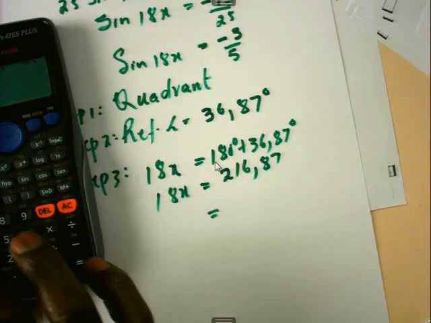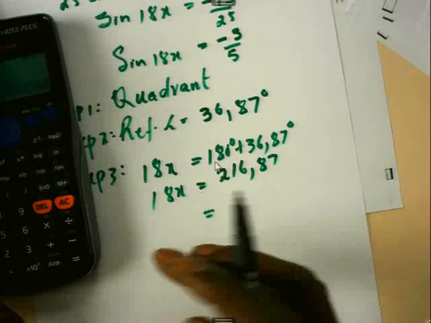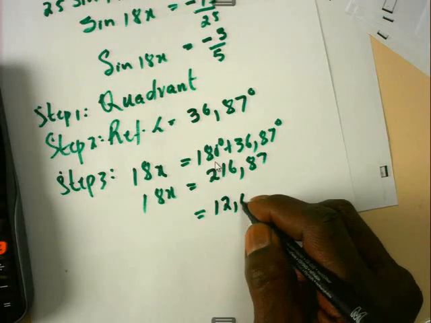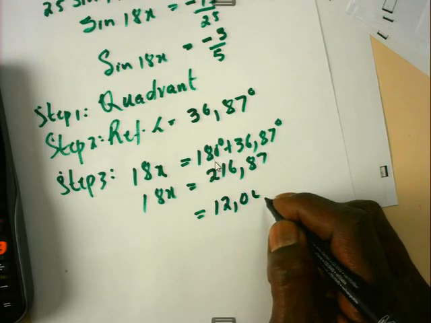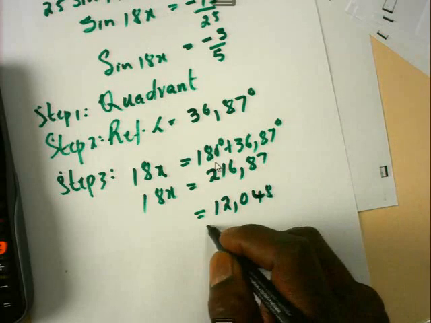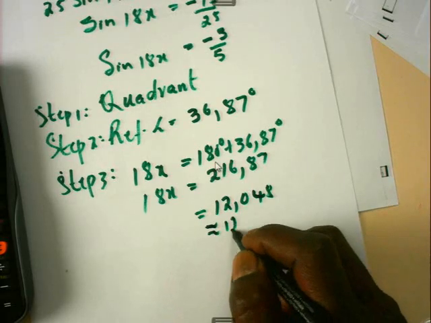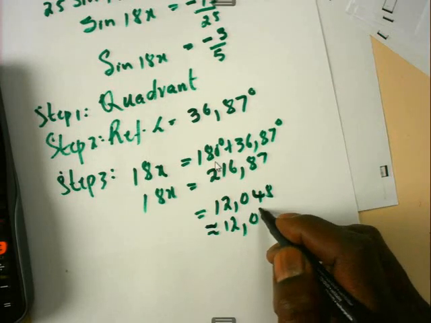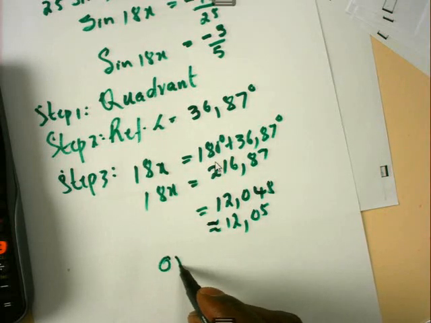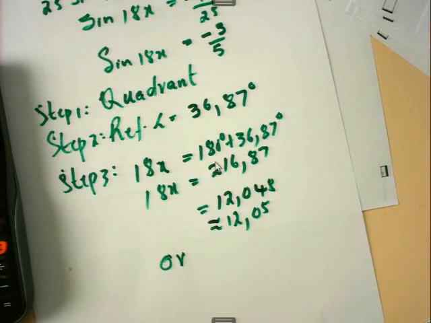I'm having 12.0448, which will be approximately 12.05. And another solution, which I've actually forgotten to do,